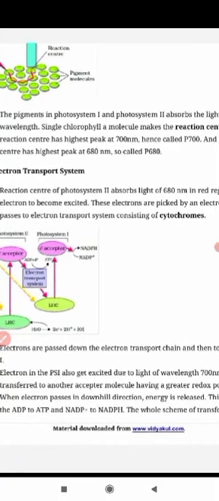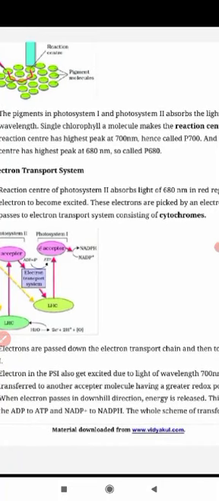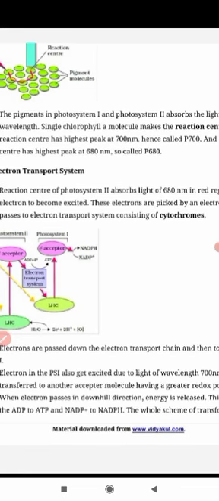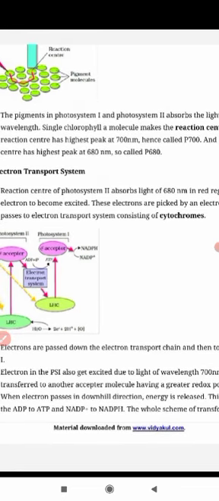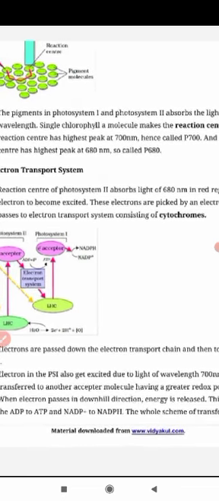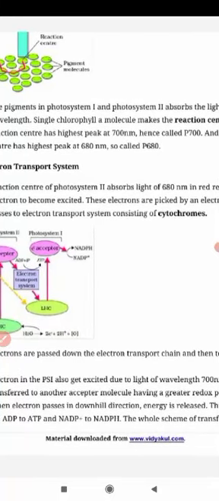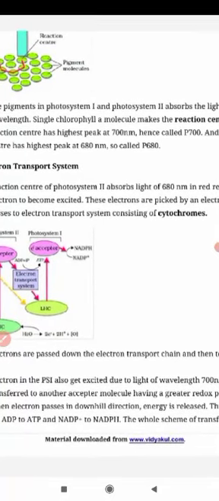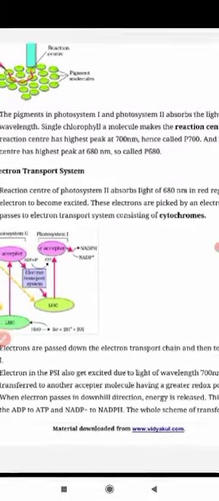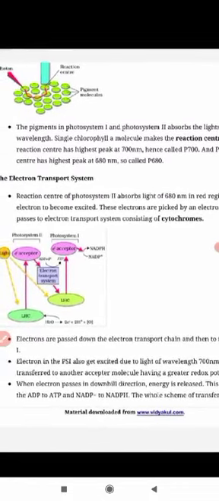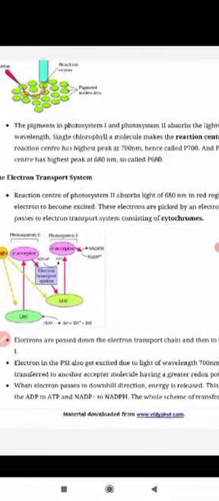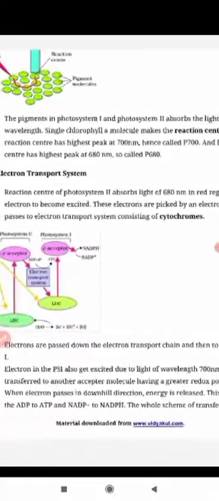So the photosystem is also called the electron transport mechanism system, as well as the cytochrome. Then you can learn so many names of this photosystem. Here, describing the photosystem,